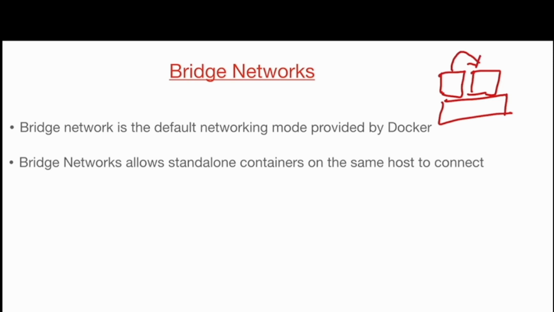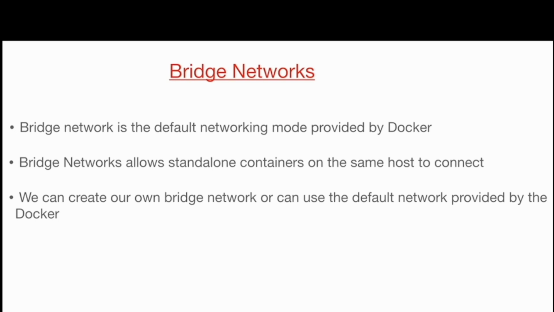Bridge networks are of two types. One is the user defined bridge network and the other is the default Docker bridge network. The default network is created by Docker itself, and the user defined network can be created by the user as per his need. A Docker container has two types of network interface: the loopback interface and the private interface.